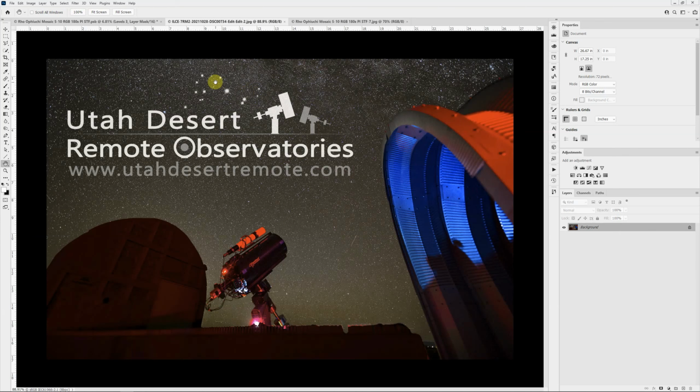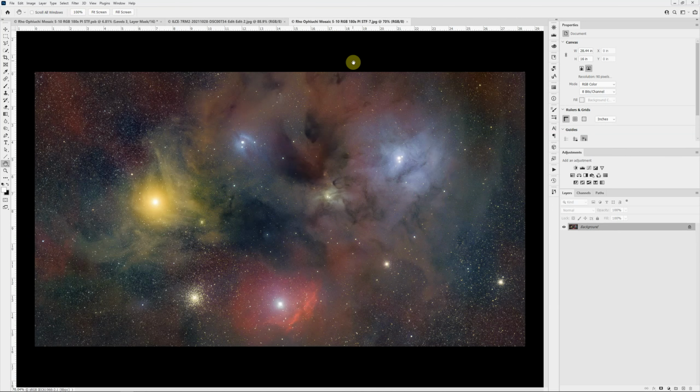But in the meantime, I posted a picture the other day of the Ophiuchi area, and there were some questions about how I did the color and also how I added the hydrogen alpha data, and then how I assembled the mosaic, because this is actually a 3-panel mosaic photographed with a monochrome camera using red, green, and blue filters. So a lot of data was collected. And so I thought the easiest way to do that would be to just walk through how I put this